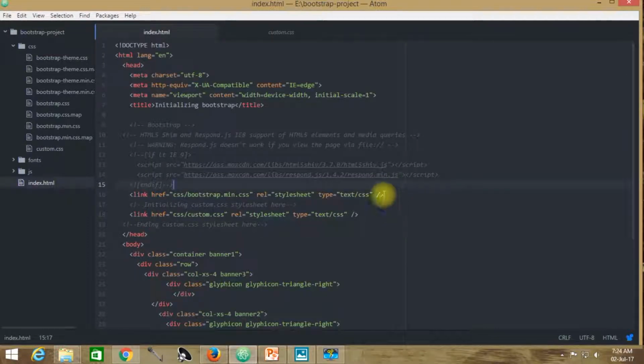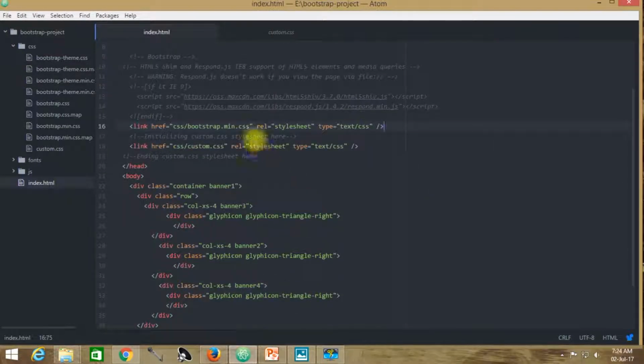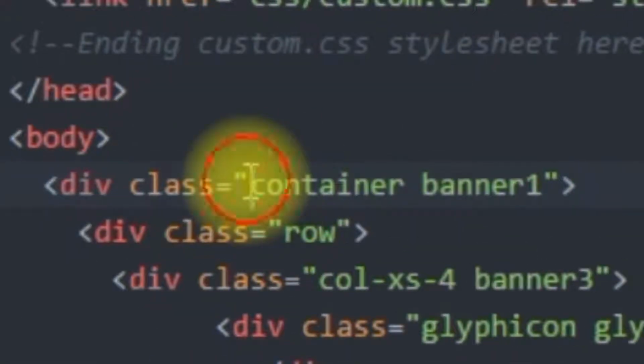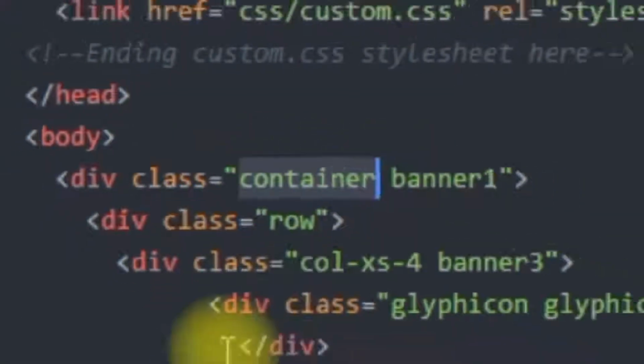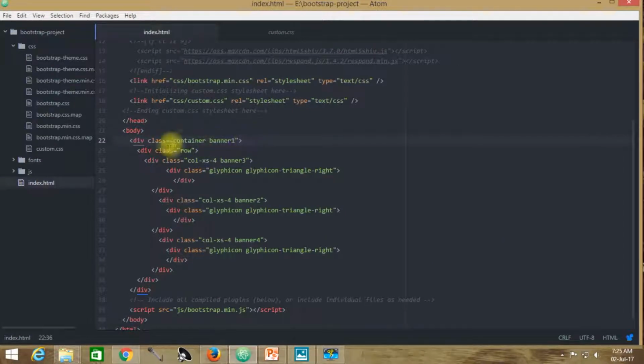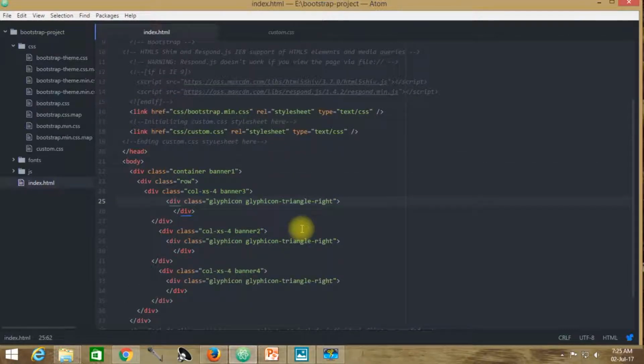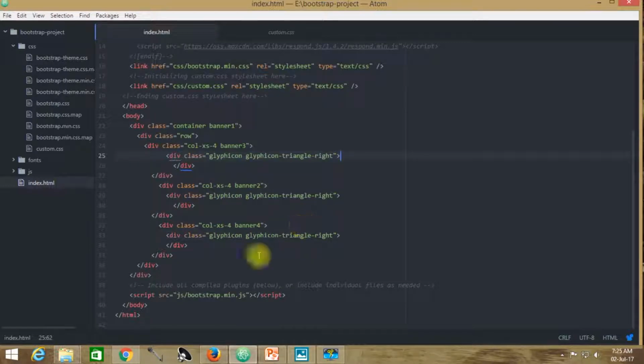Now let's concentrate on creating the components inside this body tag. In understanding the grids of Bootstrap, the first thing that we are going to do is introduce a container over here. Now the first question is, what is a container? If we draw some analogy with our previous tutorial, we may say that a container is nothing but a kind of table formation, as we have seen in HTML elements.